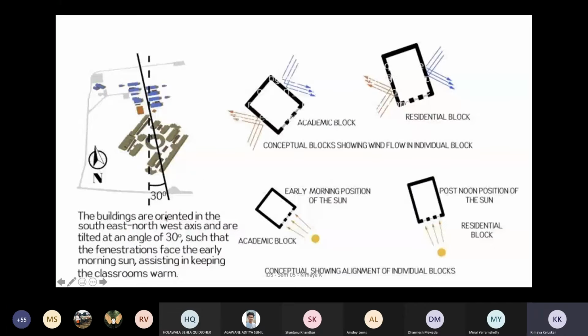Now, these are further explanations which talk about whether you want the morning sun. In these kinds of climates where the sun is very harsh, in case you have experienced the Leh Ladakh climate, you love to be in the sun because it's cold, but it is also burning hot. It actually burns your skin if you expose your skin a lot to that sun.